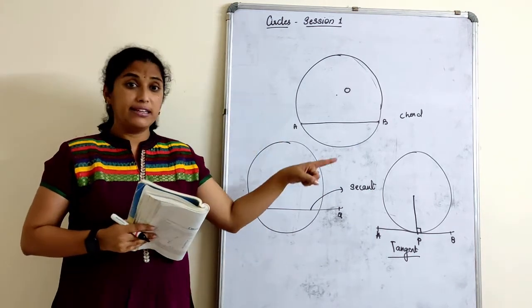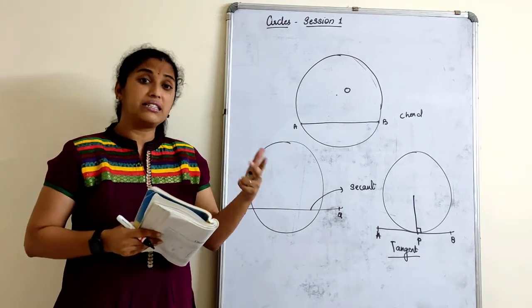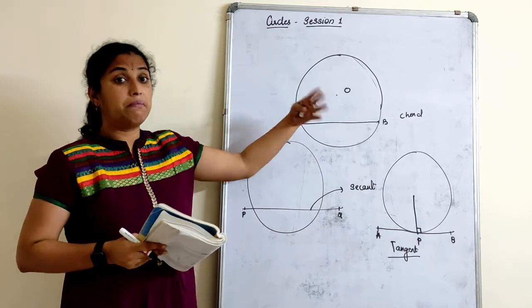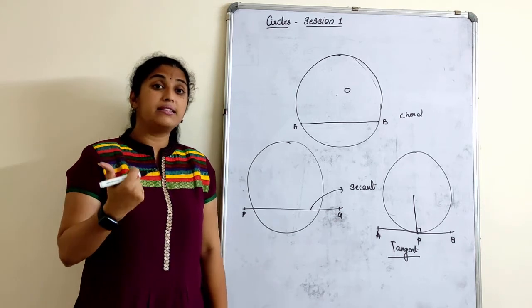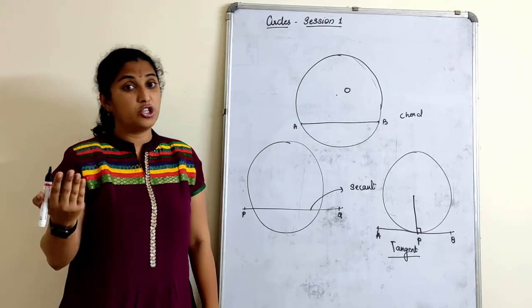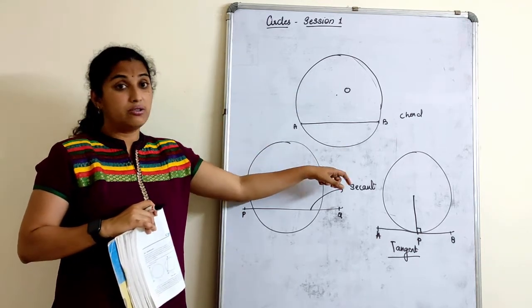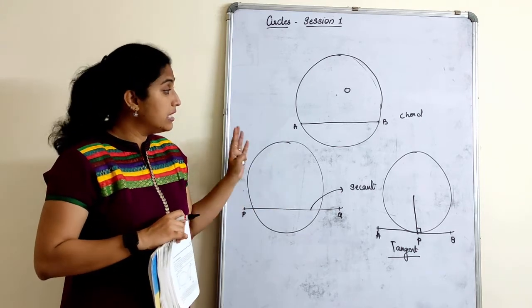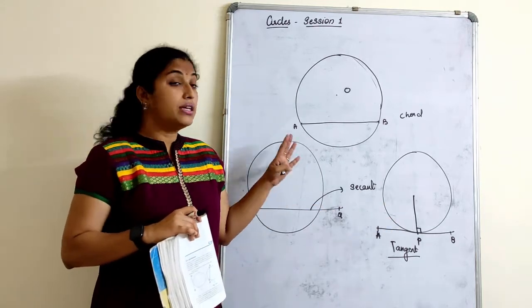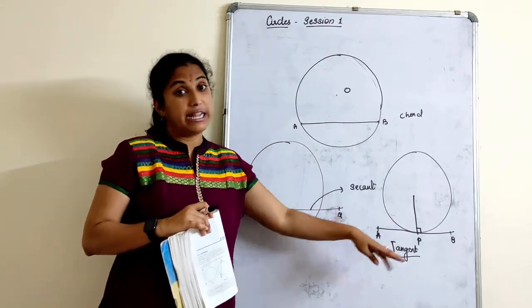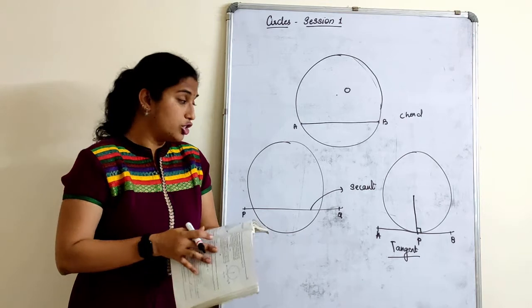I will be sending all the definitions to you all, right from the ones I have discussed about: radius, center, diameter, chord, major and minor arc, major and minor segment, then angle properties, angles in the same segment, angles in the semicircle, chord properties, perpendicular drawn from center to chord, equal chords are equidistant from center. Apart from that, the definition of a chord, secant and tangent. So in this chapter, again I am repeating, we will be studying about tangent. A very small exercise, but still a very important chapter.